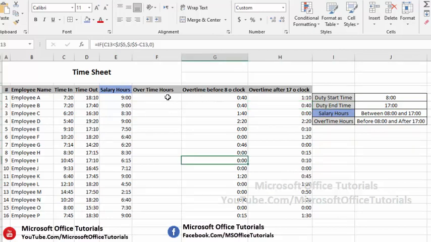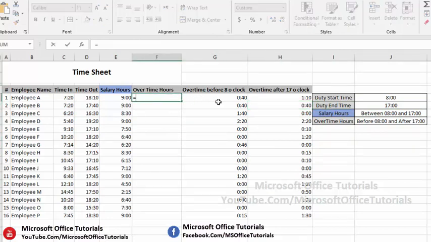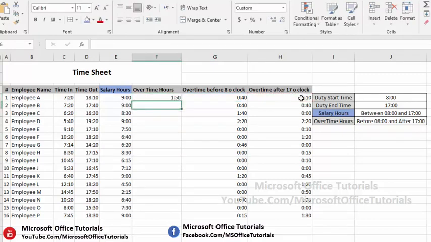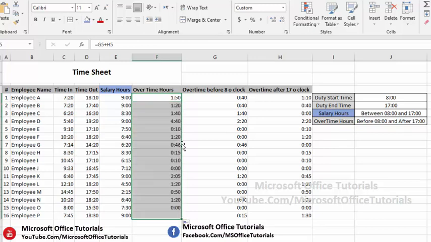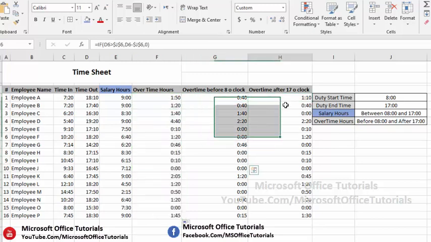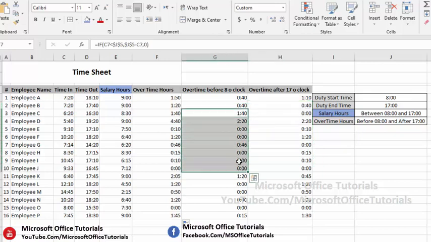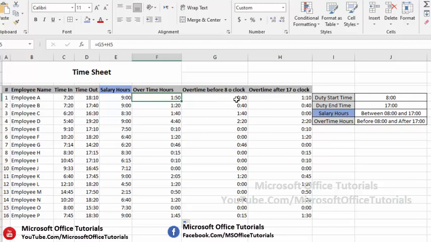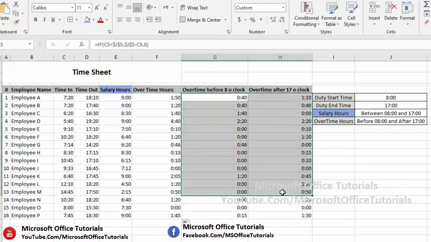So total overtime obviously will be the overtime before 8 o'clock plus overtime after 17 o'clock. Press enter and here we go. I will simply drag it down, and this is the overtime for each employee. In place of using these two additional columns, we can simply use both formulas here and add them up, because we just added these two columns for you people to make it easy to understand.